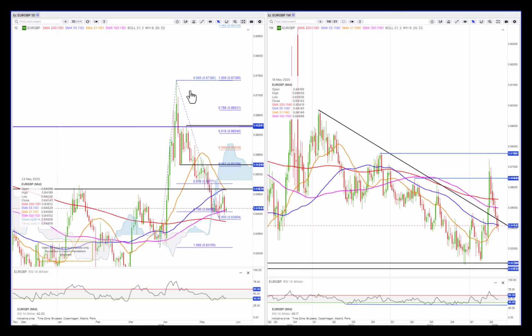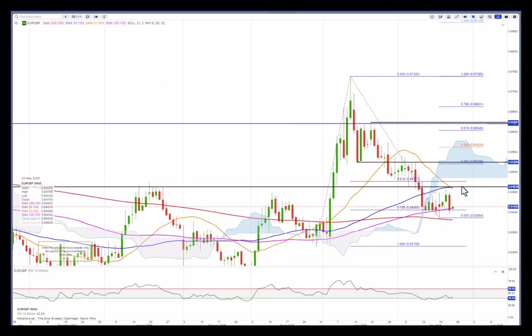We have Euro Sterling resistance here at 84.65 that it didn't break, got rejected just below the 55 moving average. Could take out the low here at 83.85, and it is not unlikely it will do that because we are in negative sentiment, and if it does, well, then we're looking at the 83 level, 83.15